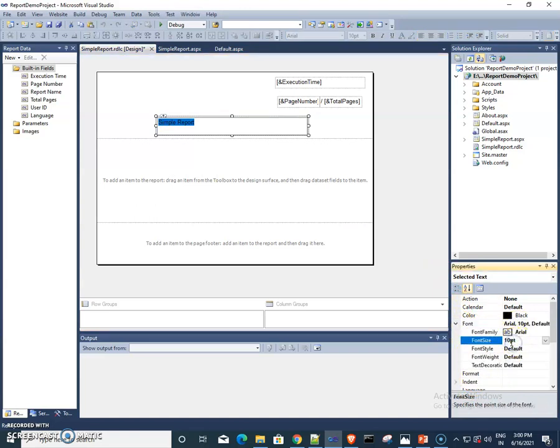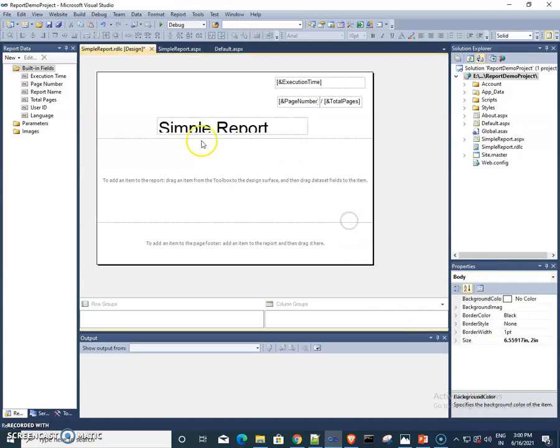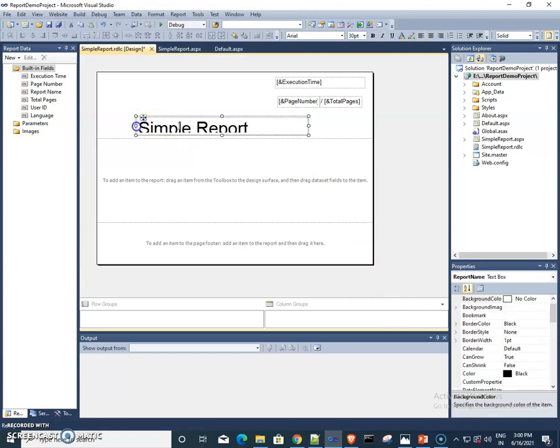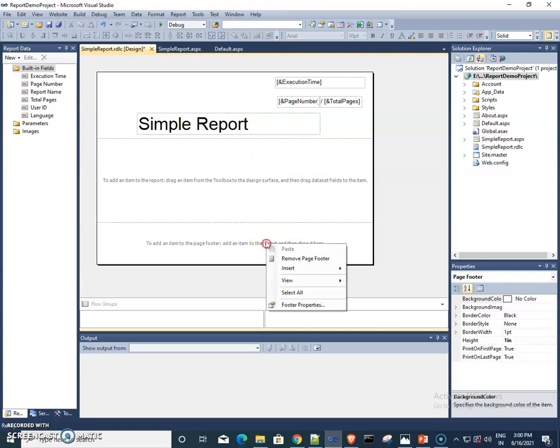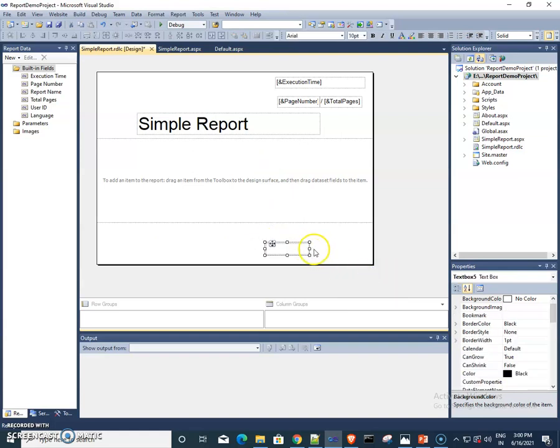Inside properties you can change the font size. You know very well how to design our pages and how to change properties. Inside the footer I am adding one text box, and inside that you may write whatever content you want at the footer side. I'm writing VP Quest,